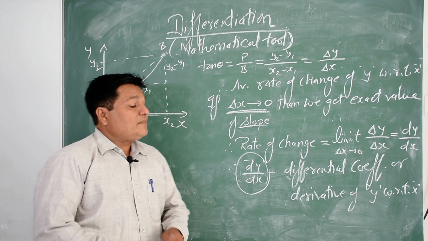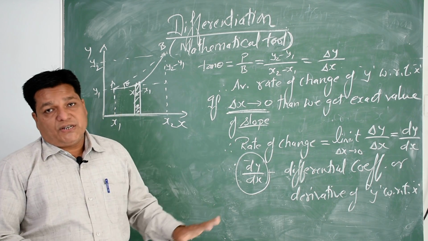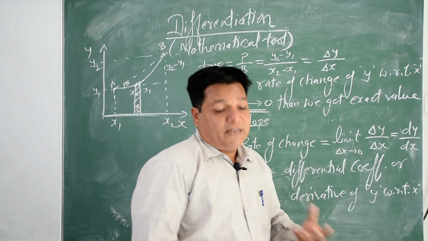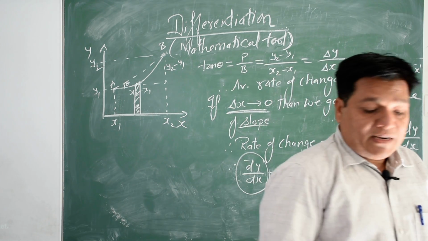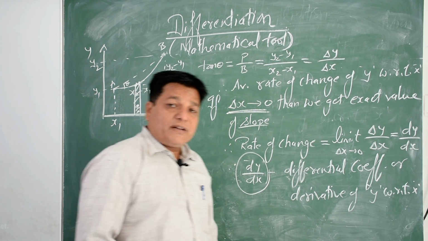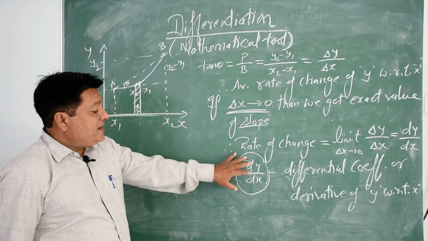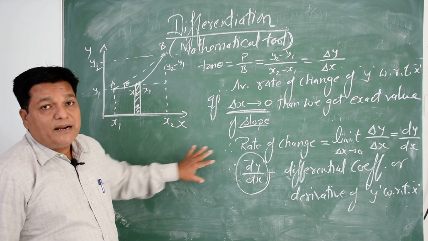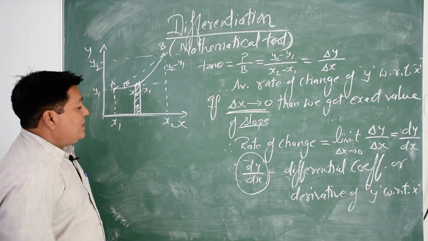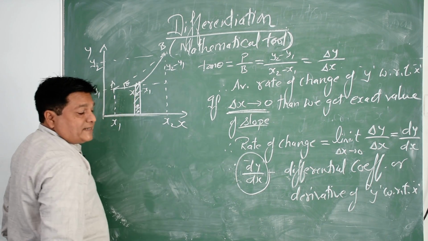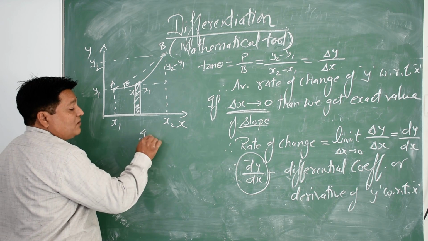Now in order to use this differentiation to solve the problems related to it, we should know the theorems of differentiation. So let us write down the theorems of differentiation, how to solve the problems related with the differentiation dy by dx. Differentiation is required in physics. How? dy means rate of change of y with respect to x. So in case of physics, how do we apply this?